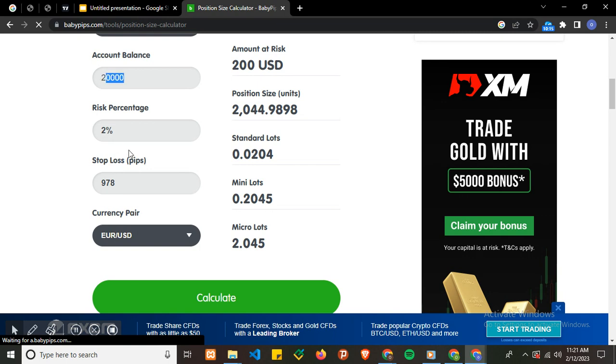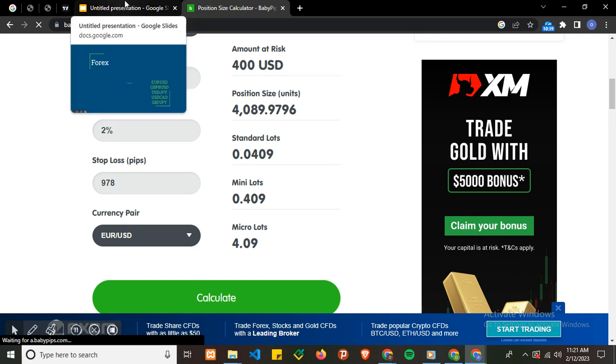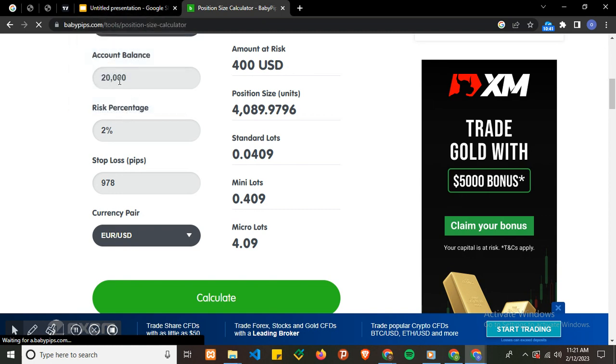Let's maintain the 2% risk. So for $20,000, 2% risk, you should use 0.04 and the amount at risk is $400. So minus $400 out of $20,000. That's the minimum. That's good risk management. Now let's try for